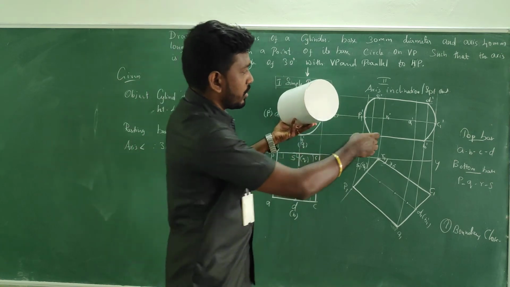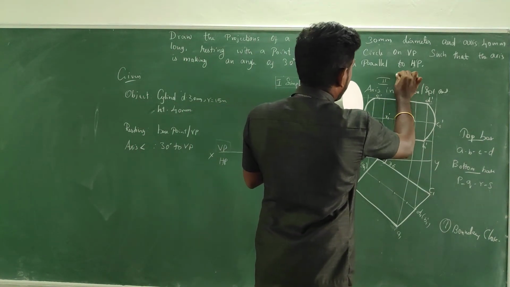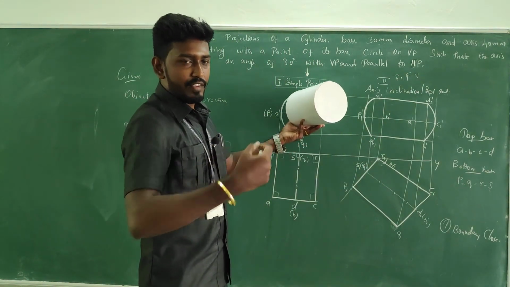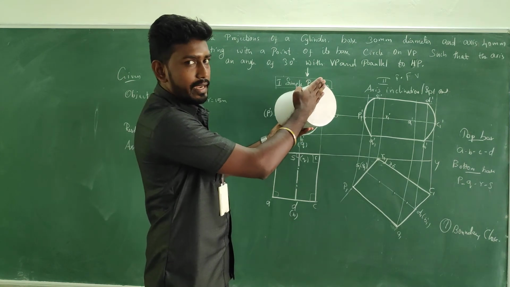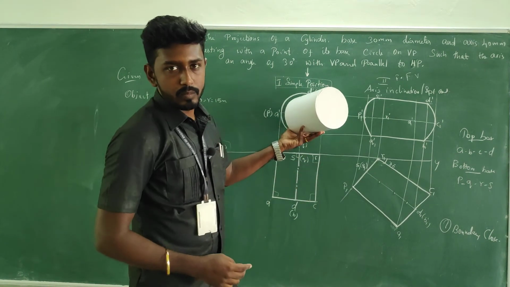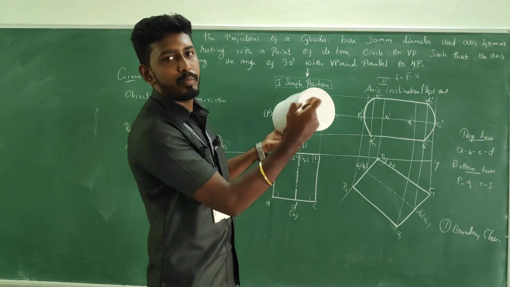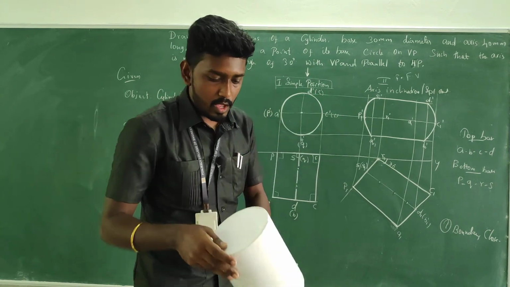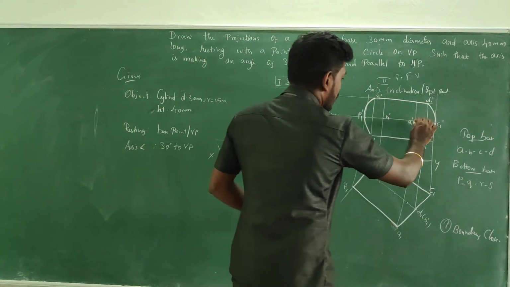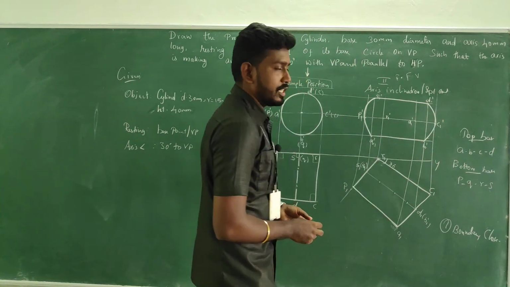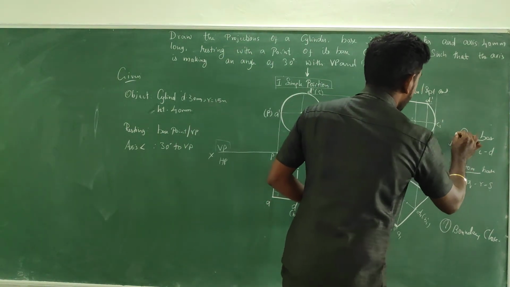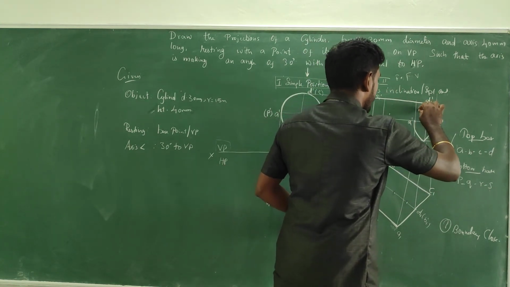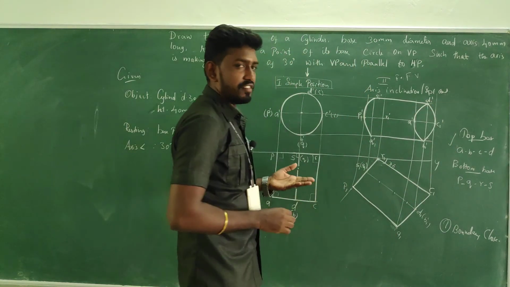Your observation is now for the front view. Final front view. When you are looking from the front view, since it is inclined, the top base will be visible to you, but in a skewed manner. Anyhow, all the points on the circumference of the top base will be visible. So I'm going to connect A to B and A to D, so this top base is over. It's a base, so I'm connecting with a free hand.